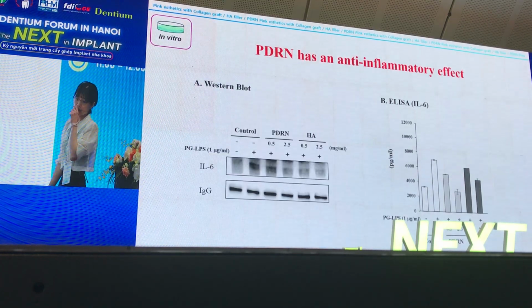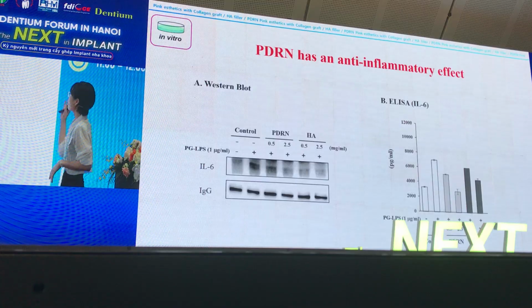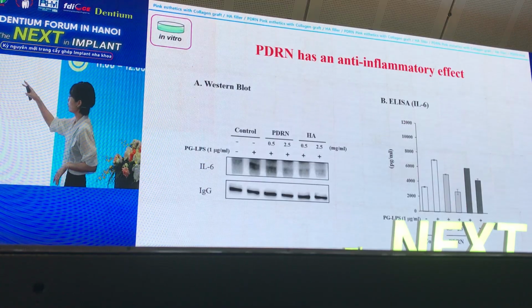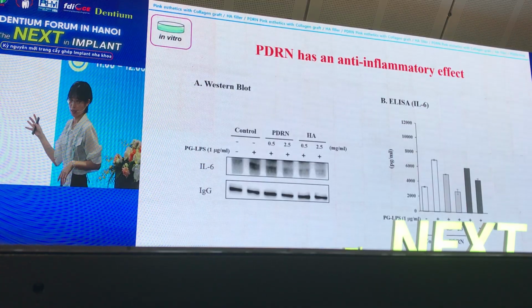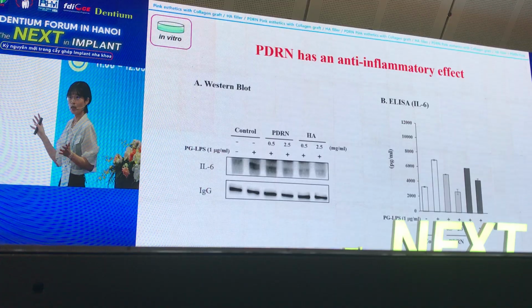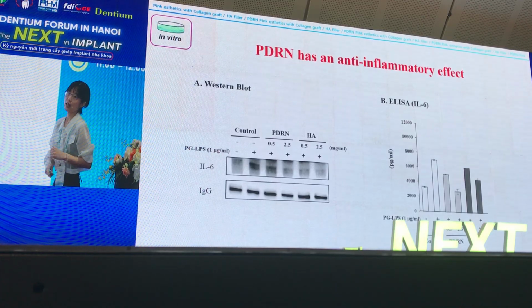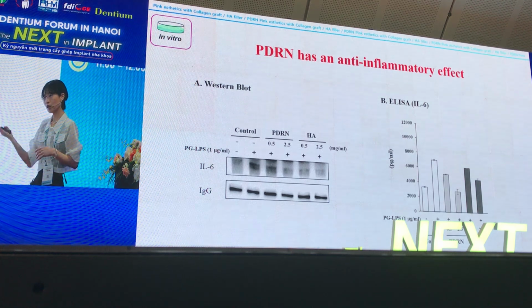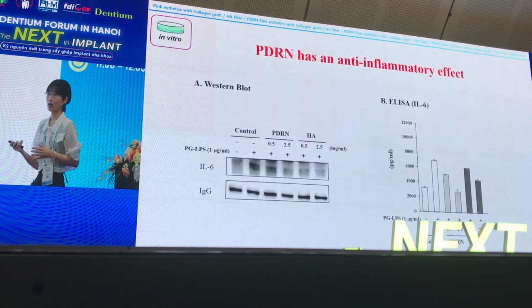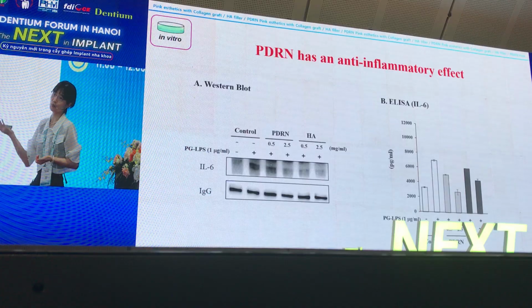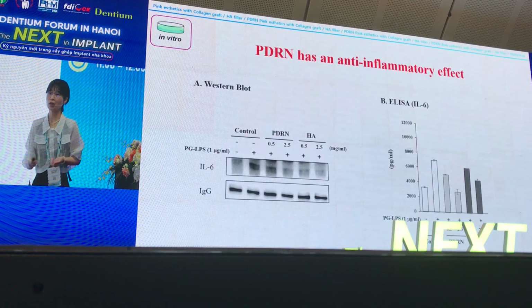And PDRN also has an anti-inflammatory effect. It reduces interleukin 6. So we could conclude that PDRN increases proliferation and migration and also reduces